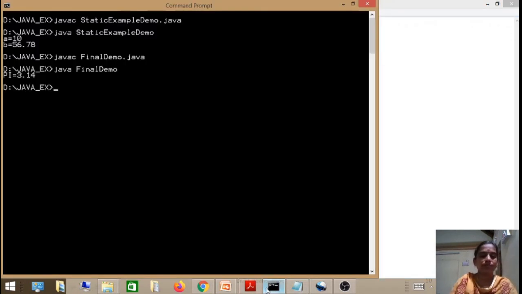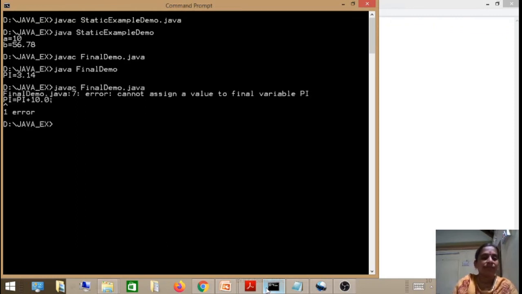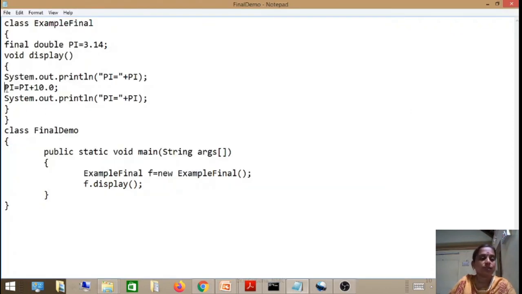Whenever any changes are made, as discussed in the previous lectures, we have to recompile the code once again. I am compiling this code, but I am getting the error message: cannot assign a value to final variable pi. Pi = pi + 10.0 is an error because constants are fixed values which cannot be changed at any instant of time. That's why we are getting this error. So this is not allowed.